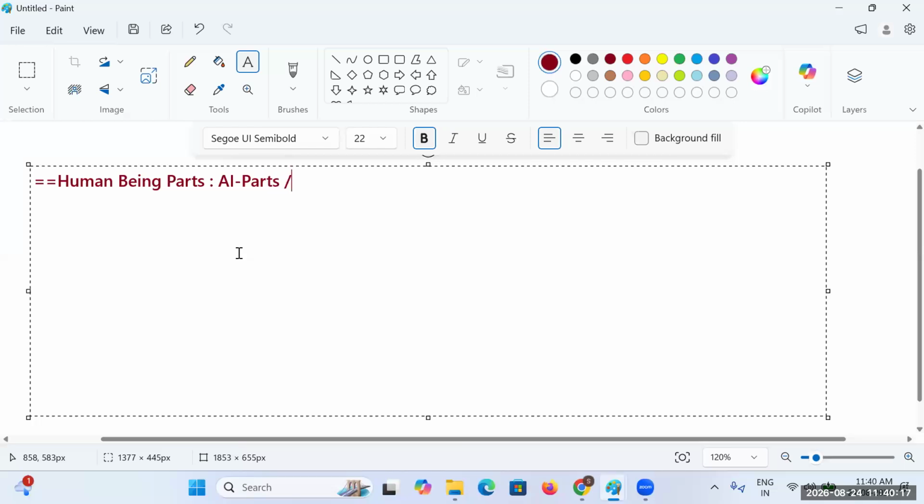But rather than saying parts, the technical terminology is components. As a simple approach, we need to start by comparing the human being with the AI parts. Then you will get a more clear picture of how we